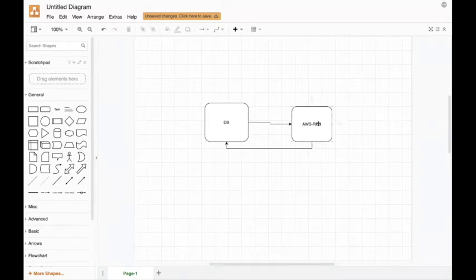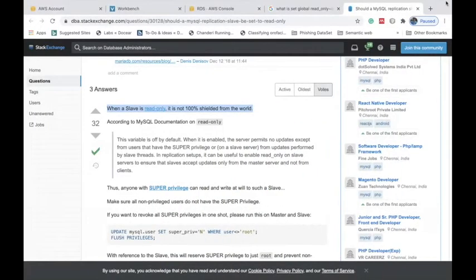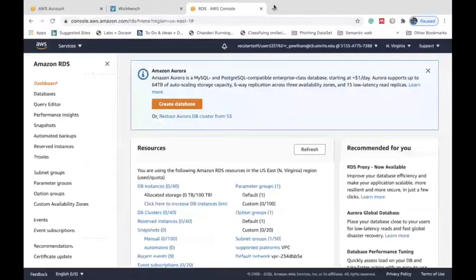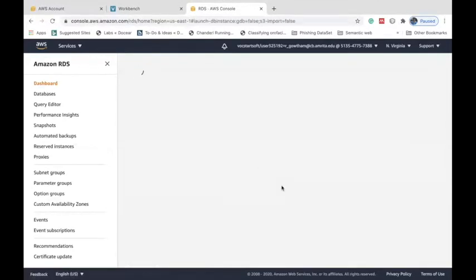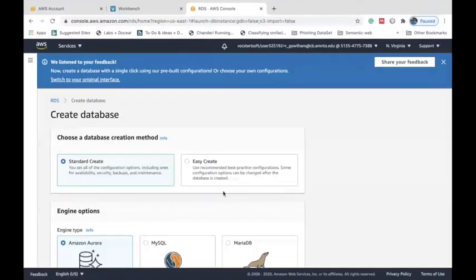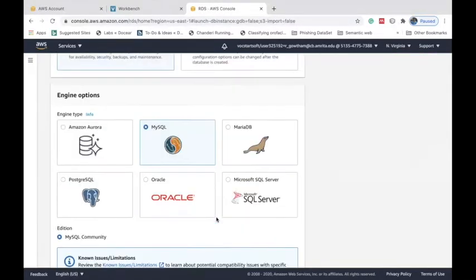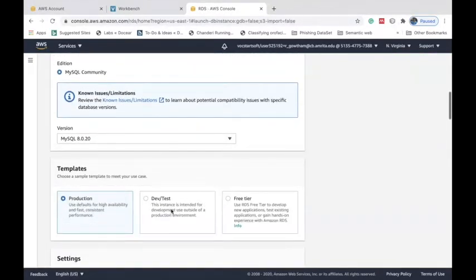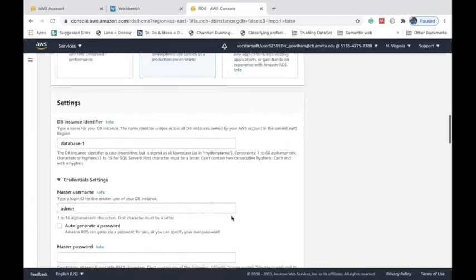We create an AWS RDS MySQL database. We keep the database as an empty database. Let us go back to the AWS account. Create database, MySQL, dev test.